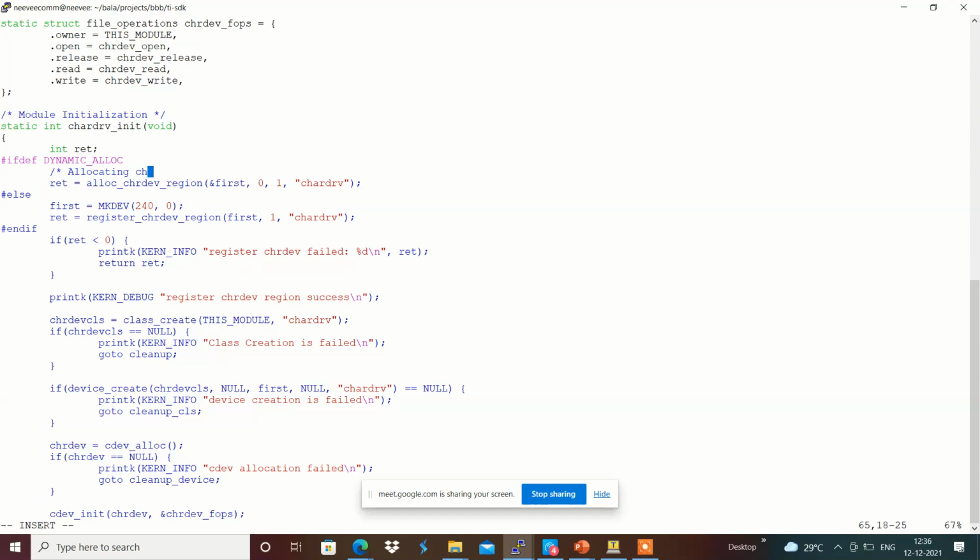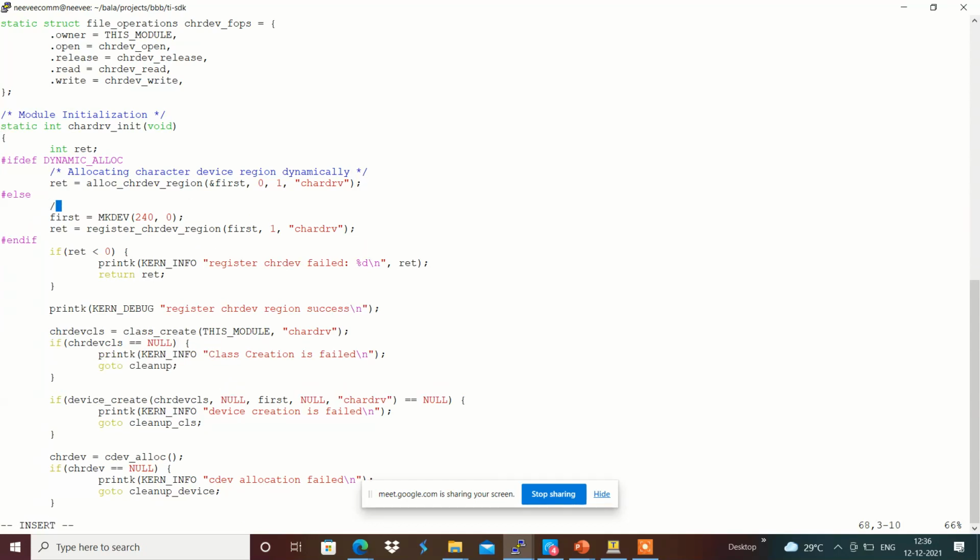a character device region over here, which we are allocating dynamically, and here we are statically registering the character device region with the help of register character dev region over here, and then we are creating a class